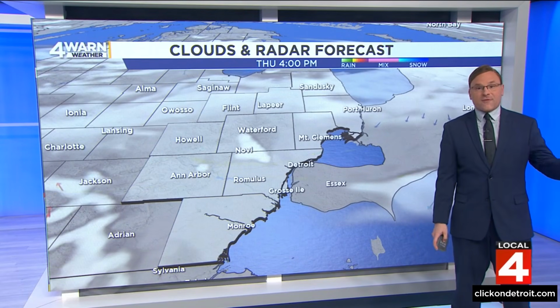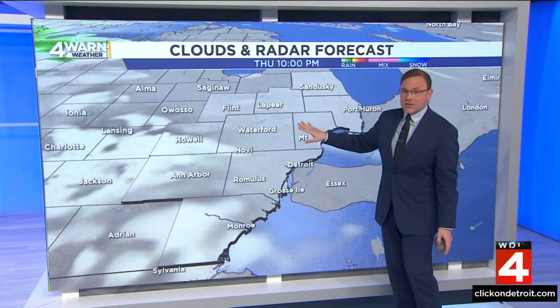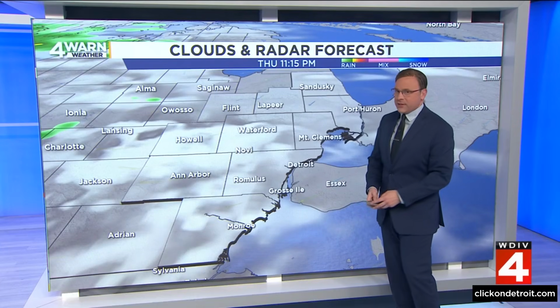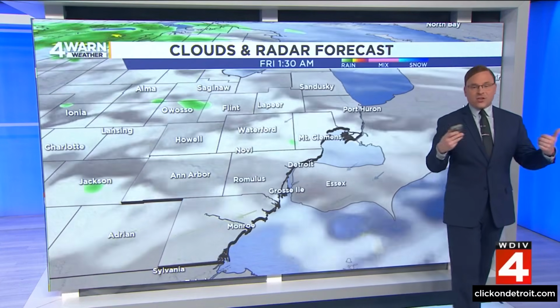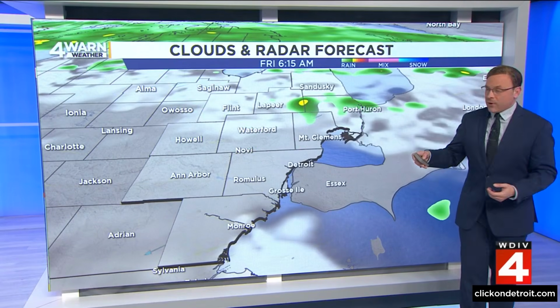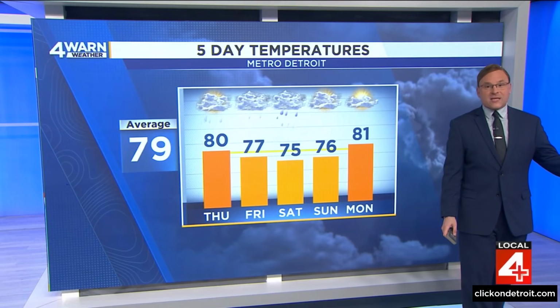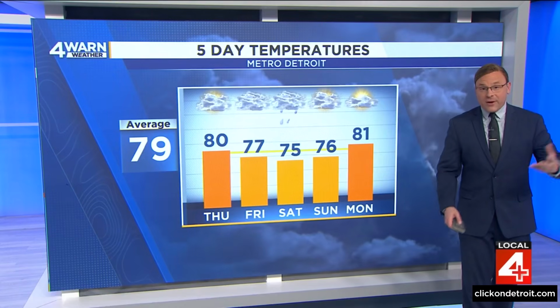4 p.m. Thursday afternoon, mostly cloudy skies. We may see a few more breaks in those clouds, like our Clouds and Radar forecast is alluding to. But then we get into Thursday night into Friday morning. We start to look for another round of some light rain showers moving in, especially heading out the door early Friday morning before those chances of rain showers get better by the time we get to the first half of